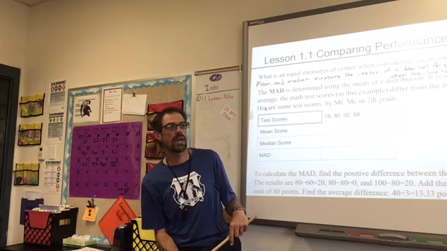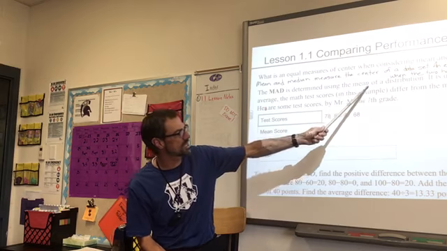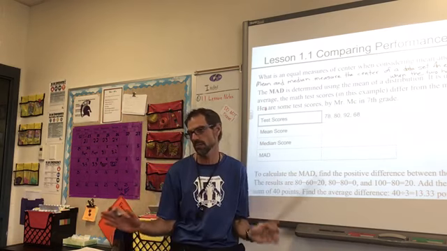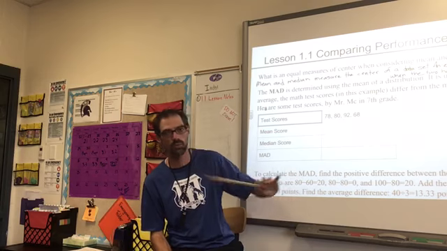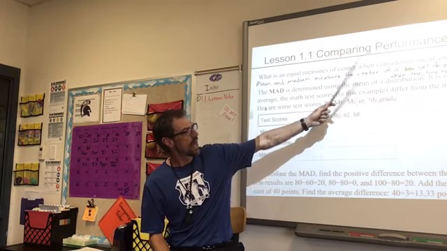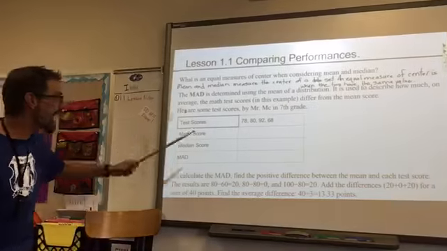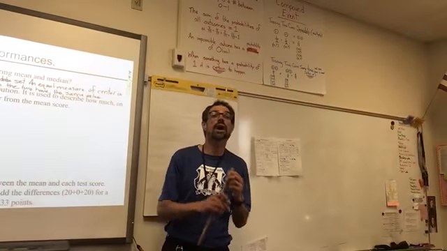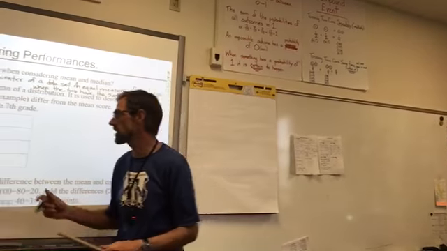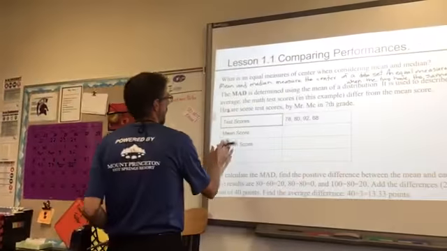So the MAD, the mean absolute deviation, is determined using the mean of a distribution. Now that might not mean much to you, but I'm going to show you what it means. It is used to describe how much, on average, the math test scores differ from the mean. So you have a mean, which is your average score. So I'm going to take you through the steps,